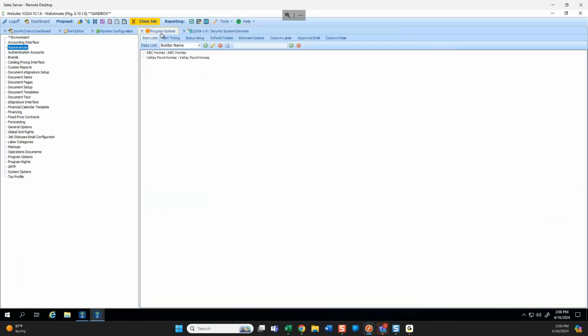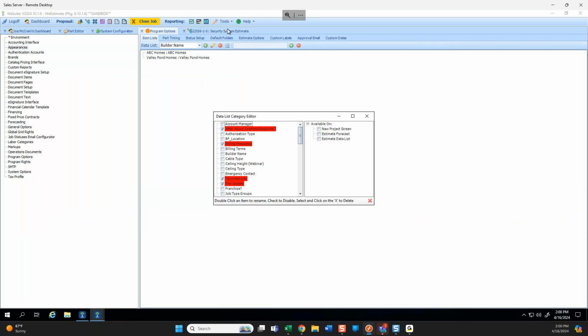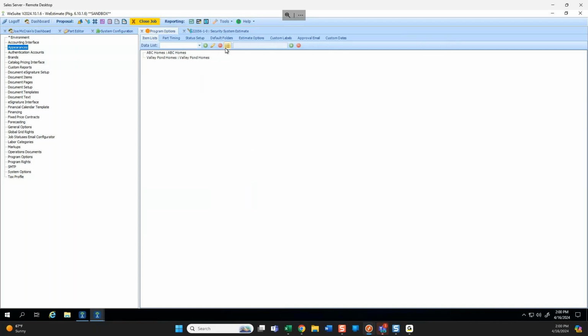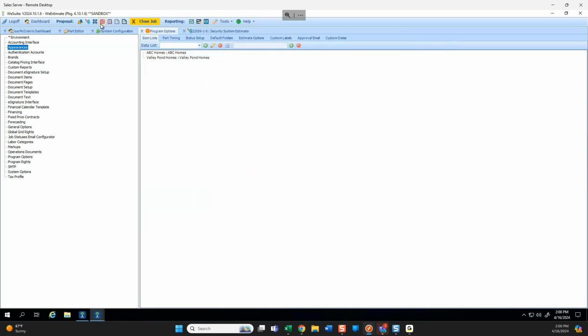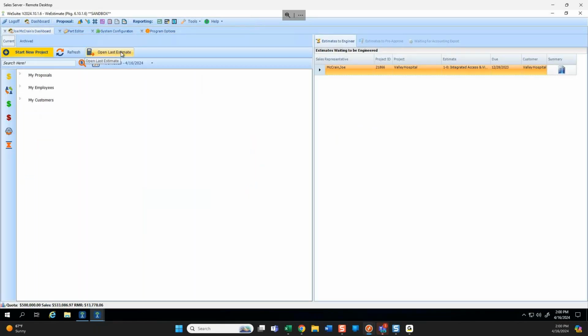And wait, I forgot something important. With the drop down list, you can actually indicate where you want it to show. So there's one more level to this. There's this icon here where it's an editor and where you want the drop downs to display. So I'm on builder name. I want builder name to show on the data list tab or the forecast tab, or I have to pick it when I create a new job. So you can do one or all three, but if I do forecast and data list, for example, and now I close and reopen again,